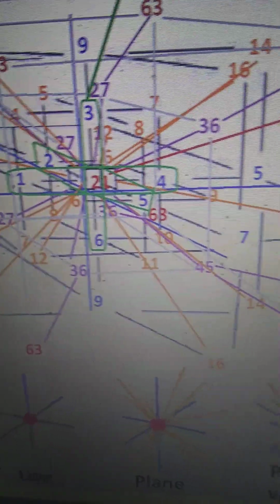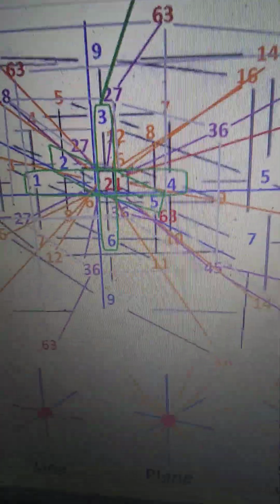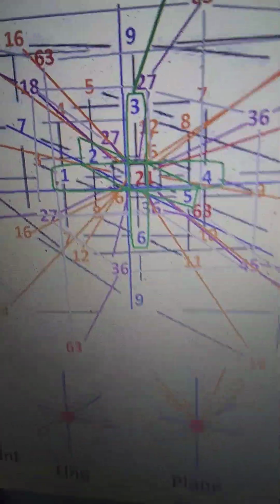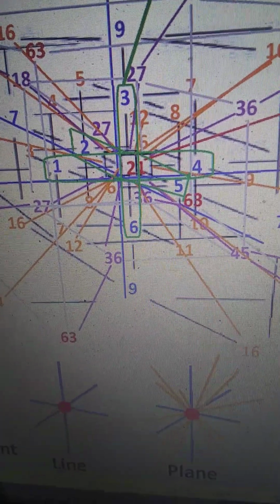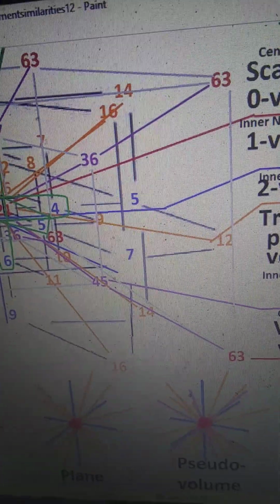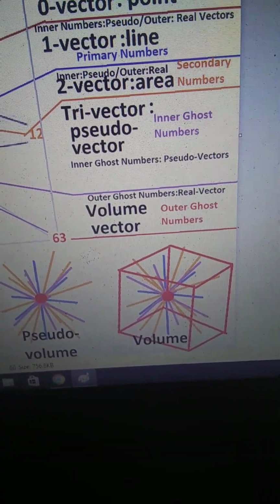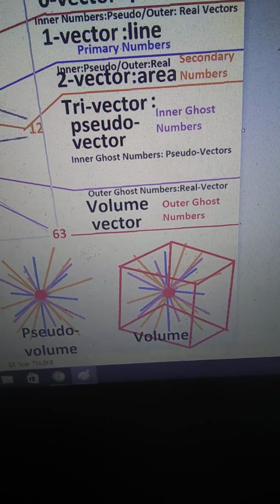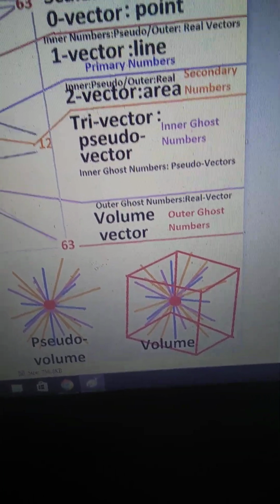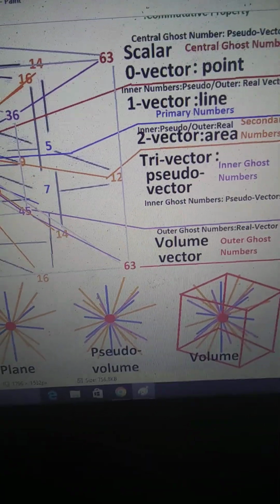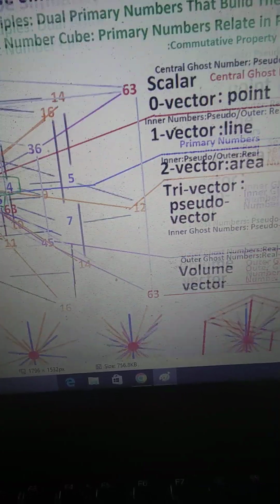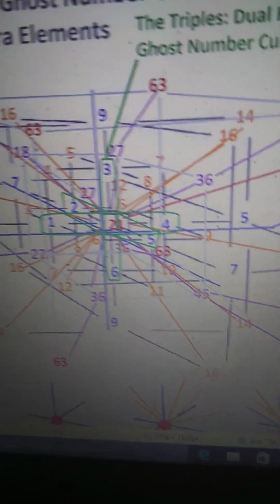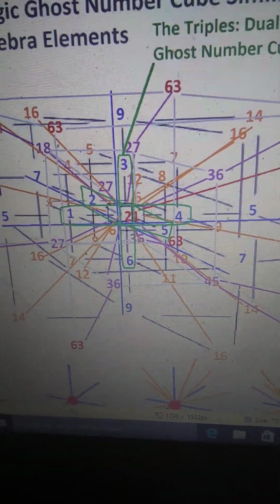Pseudo-volume is the purple inner ghost numbers, and the reason they're pseudo is like all the other inner cube numbers, they're not equal on both sides, but they're outer cube numbers, which turns out to be the outer ghost numbers. For the inner ghost numbers, their outer ghost numbers are the real vectors, their inner ghost numbers are the pseudo-vectors, and then that's how they relate to each other. But how the inner ghost number and outer ghost numbers relate to each other is that 21 is a triple 21